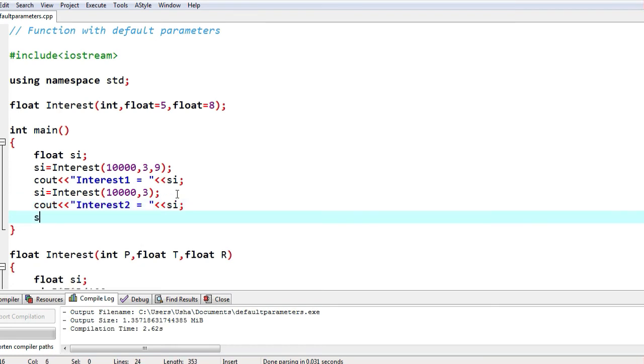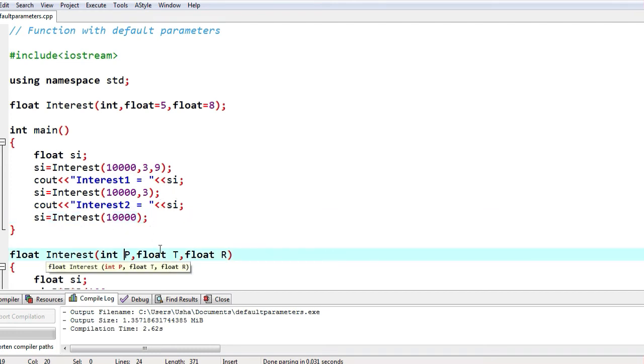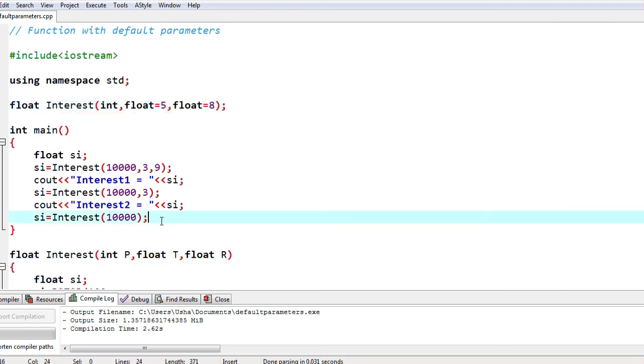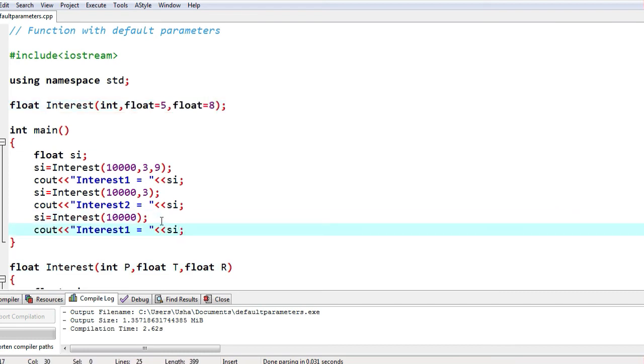Next, I will call the same function with just one parameter, that is 10,000. Now since I have called it with one parameter, this first value is copied to p, second and third values are not there. It is going to take the default values given here. And I am going to print this as interest 3. Now let me save it and execute.